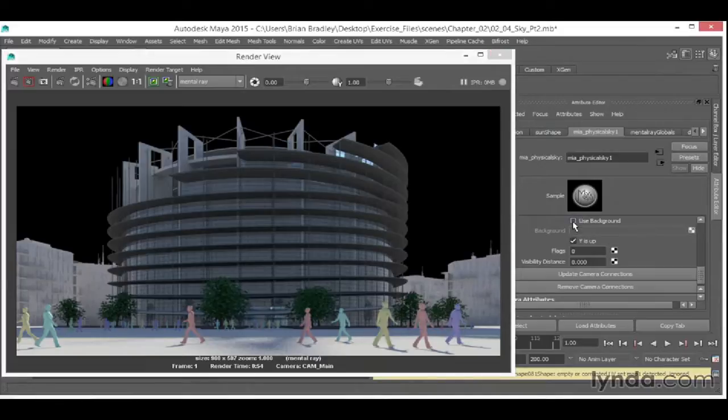The Y is up checkbox that we see here is one that we can happily ignore if rendering with an automatically generated sun and sky system in the scene, given that it is by default enabled for us. If we should however find ourselves manually adding the physical sky as an environment shader to our rendering camera, then we will need to make certain that we also manually enable this option,